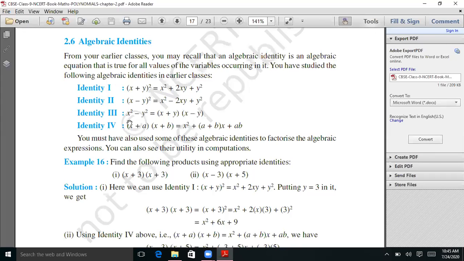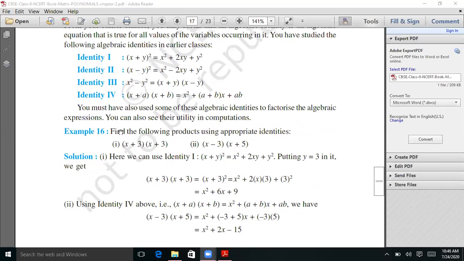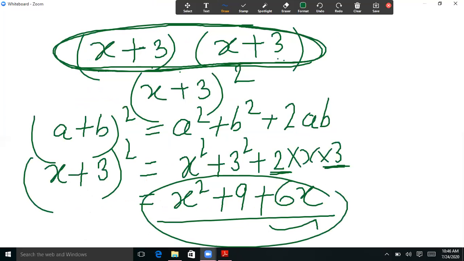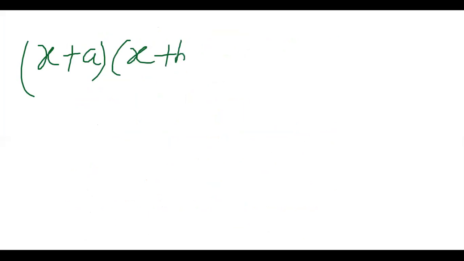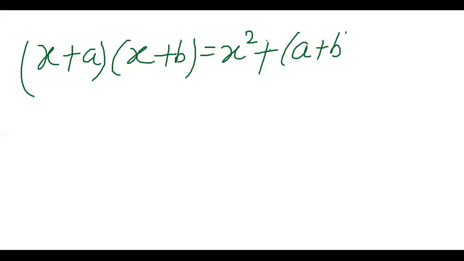But if one of the digits is the same here, and the next digit is different here, so we use fourth identity here. So according to the fourth identity, it will be (x plus a) into (x plus b) is equal to x square plus (a plus b) into x plus ab,